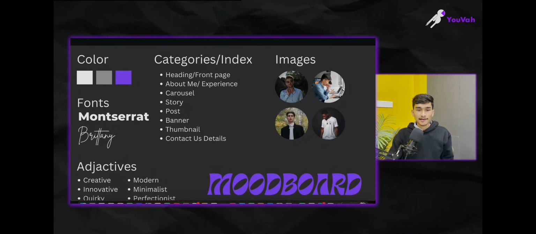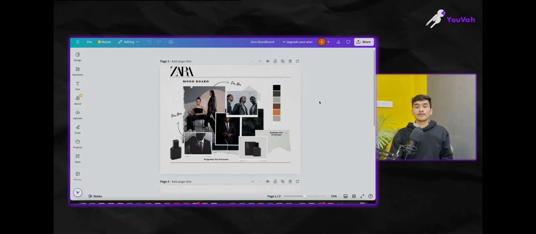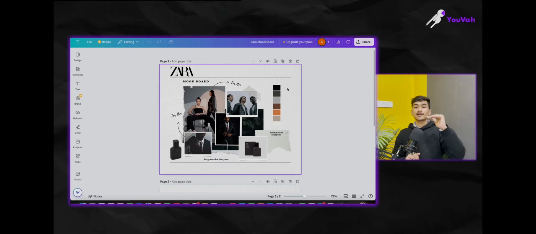So firstly, I had created a mood board for Zara. What if I want to create a mood board for Zara? What will I do? All right, firstly, their identity, their logo. Then we need to mention that it is a mood board. Now firstly, you need to define what things Zara does. Zara has apparel, they are in the fashion category. At the same time, they sell accessories and perfumes also. So I kept a blend of